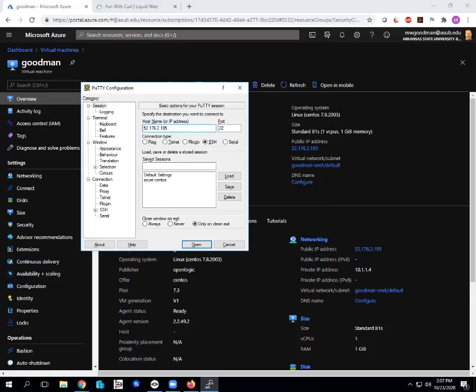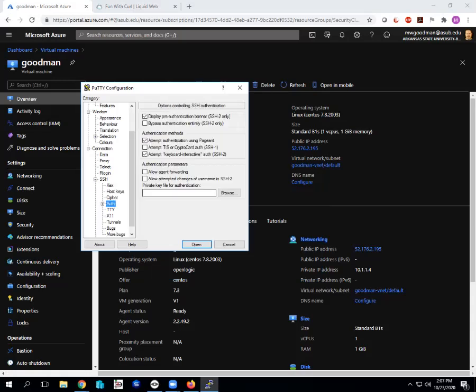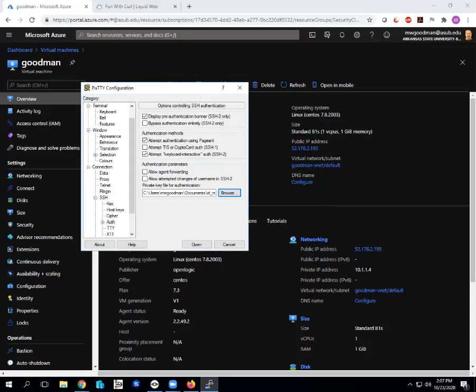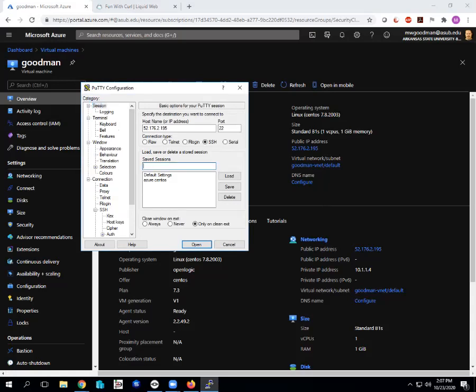152.176.2.195, and I go down and I attach my file again, instead of hitting open, I go back to session and I would give it some name here, whatever you want, and you'd save that. And once you have all the information saved, I've already done it in the previous class. I've named it Azure CentOS,